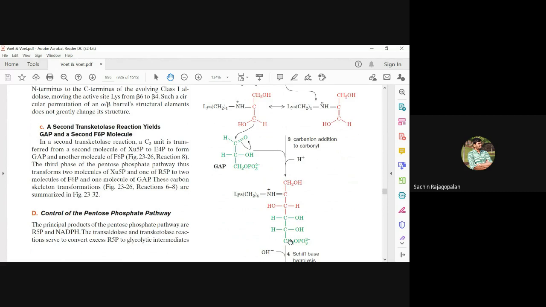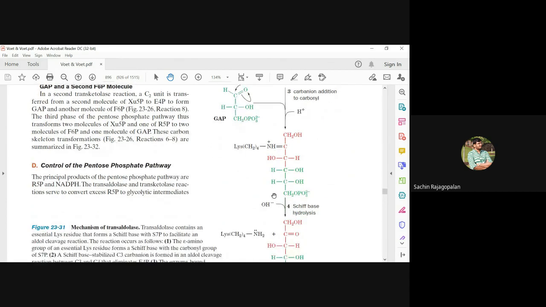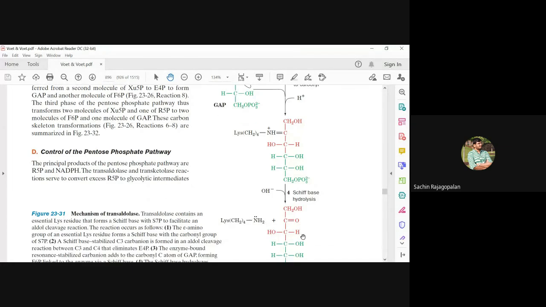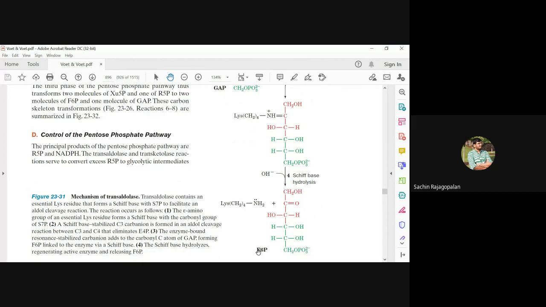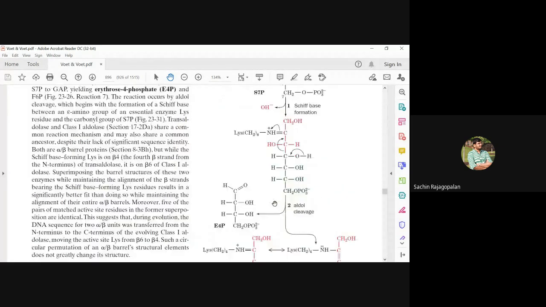Okay. Now you had removed a hydroxyl group in the beginning, if you remember, right? In the very beginning, we had removed a hydroxyl group. The oxygen was on this carbon and the hydrogen came from the amino group. So we are going to return that. We are going to hydrolyze the Schiff's base such that the enzyme is set free with its intact amino group, and the oxygen is given back to the carbon, and we set this 6 carbon compound free, which is nothing but fructose 6 phosphate. Let us discuss this reaction once again.